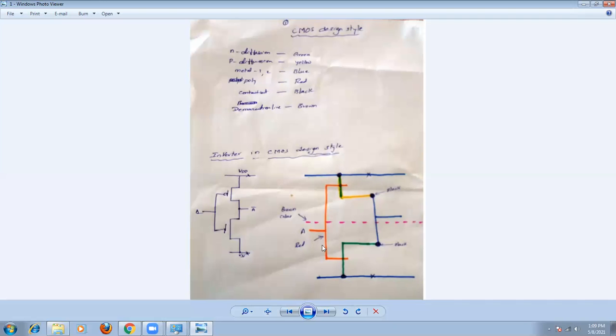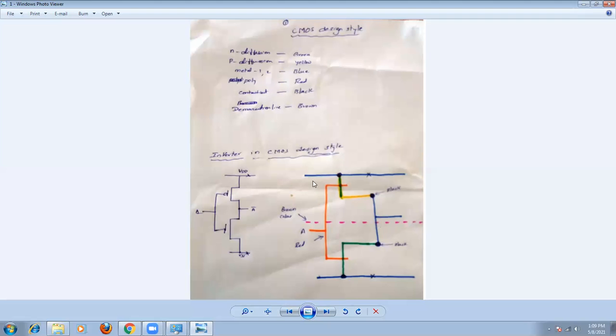And remember, I'm not having the brown color here. Basically this is the brown color, but that's why I use this color for the demarcation line. But it is better to use only brown color for the demarcation line in the examination. Don't confuse in this case. Now just observe here.